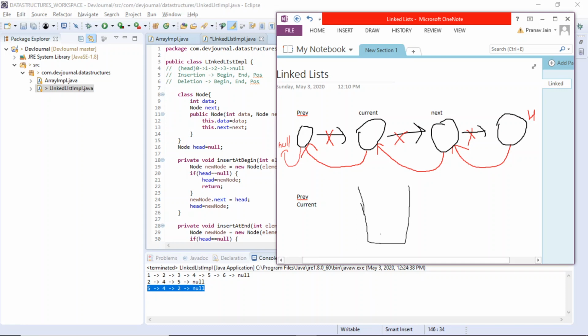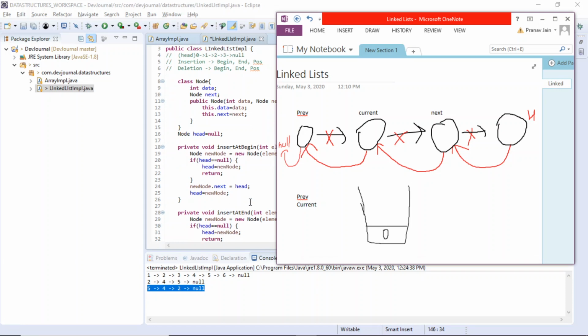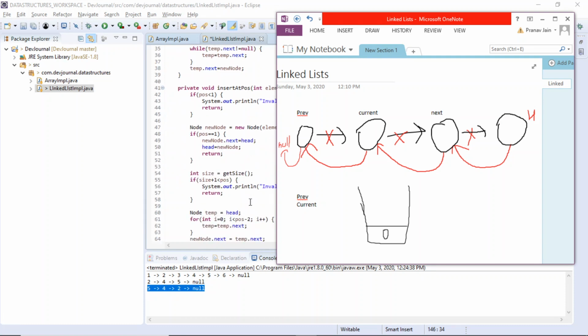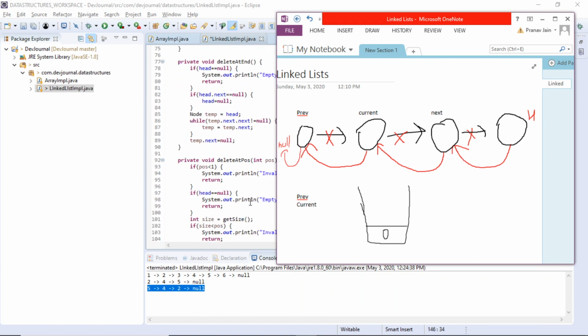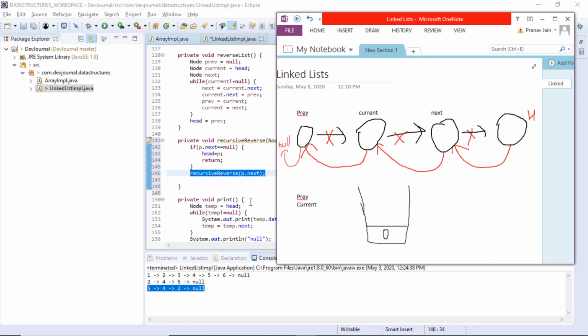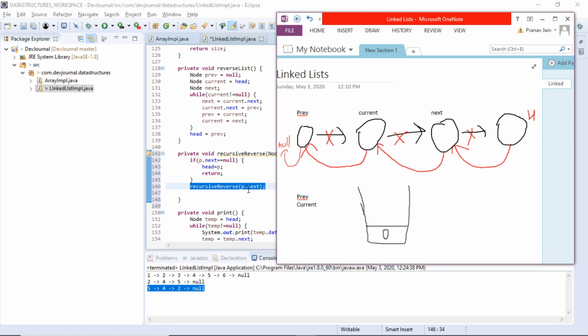We put 0 in here and moved ahead. Now comes 1. P dot next is not equal to null for these because 0, 1, 2, 3, and 3 is our last element. So we put 1, then we put 2, and then we put 3 in the bucket, in the stack.